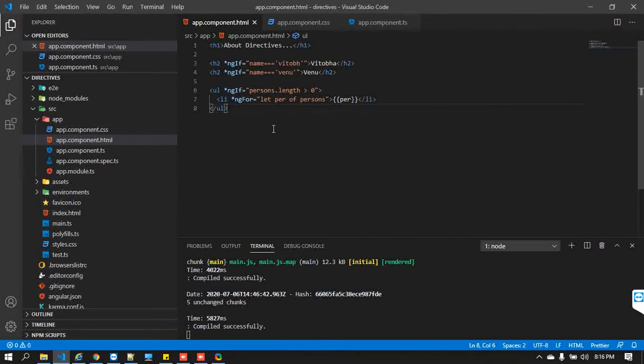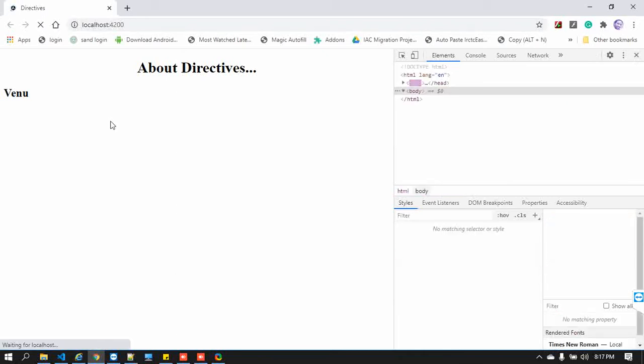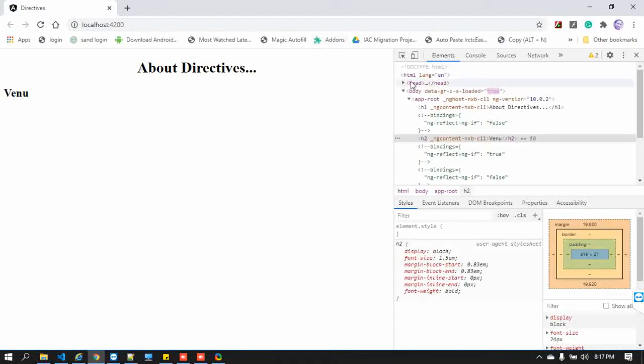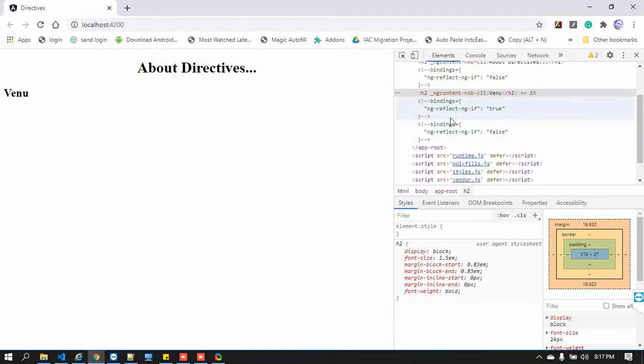Now save it and come back here. If you look here, do you see the UL? Now the UL is not there. This is very important. While doing development, whenever we try to add an element, we need to check if you have the data, then only try to display that element. Otherwise, no need to display it. Before displaying that data, you need to check whether data is really available or not.